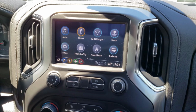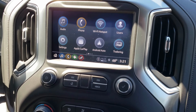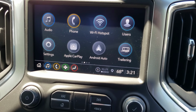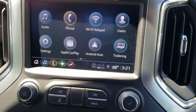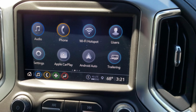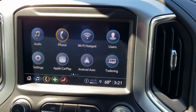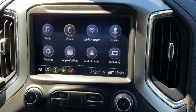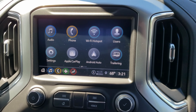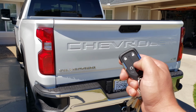For all you guys out there that need your Apple CarPlay and Android Auto, do not worry, the Duramax has you covered. This has both systems, and these systems are now wireless, so you don't even have to take your phone out and plug it into the vehicle. It will automatically detect that your phone's in your pocket, and it will put your settings that you have already preset up on the screen of this vehicle as soon as you turn it on. So the system's working very great for me. I really like it a lot. Well, if you're going to get groceries and you want to look like a boss,